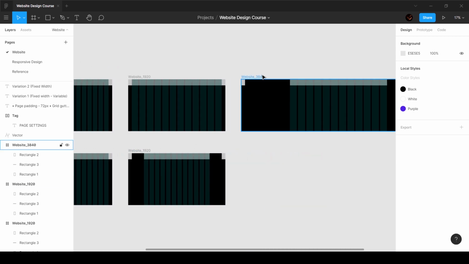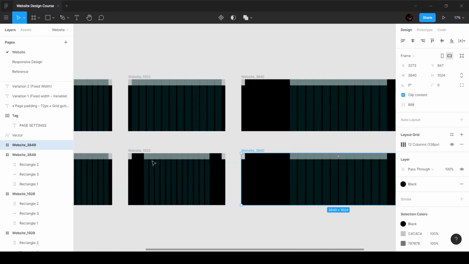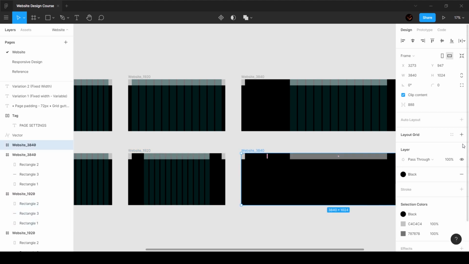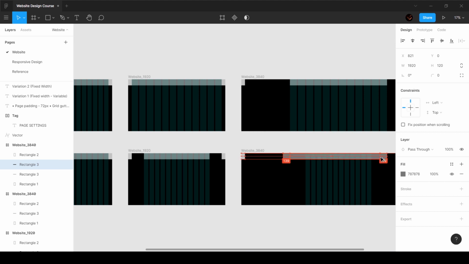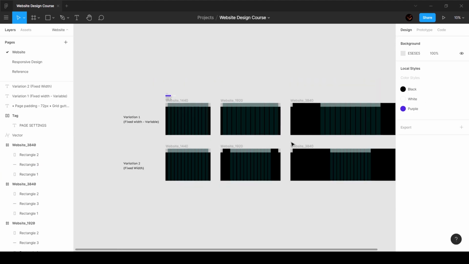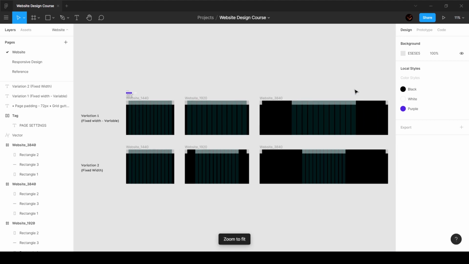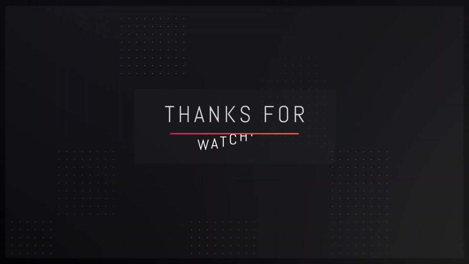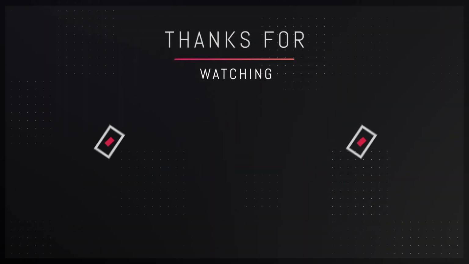And let's duplicate this as well. And I'm going to copy this, delete this layout grid, paste it over here, and shrink these, right? So we've got two variations. Which one should you pick? That's your choice. But in our case, we're going to go with variation 1. So this is pretty much how you set up a grid for your website. And once you have this grid layout, you can finally start designing things using this proper grid. So I'll see you guys in the next video.